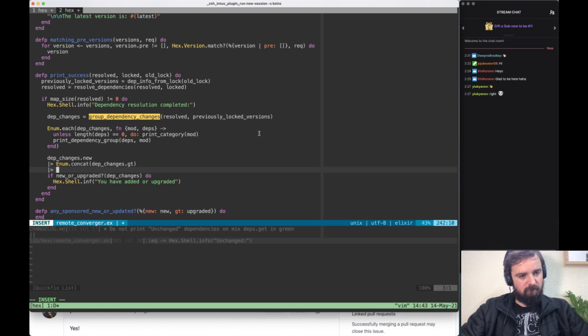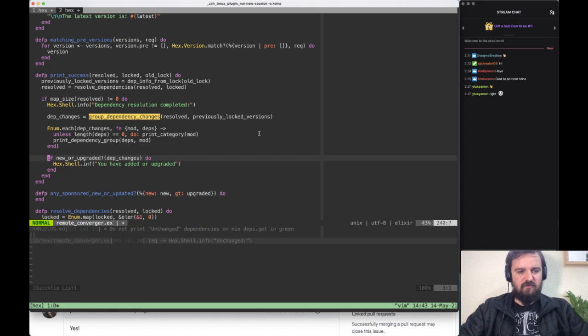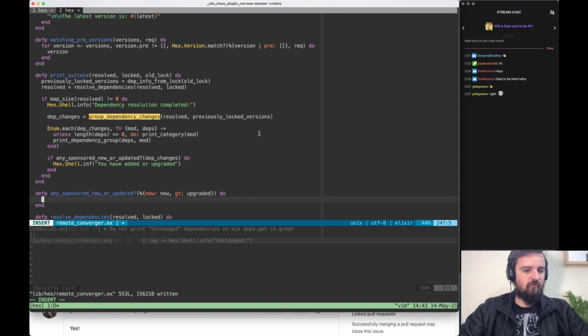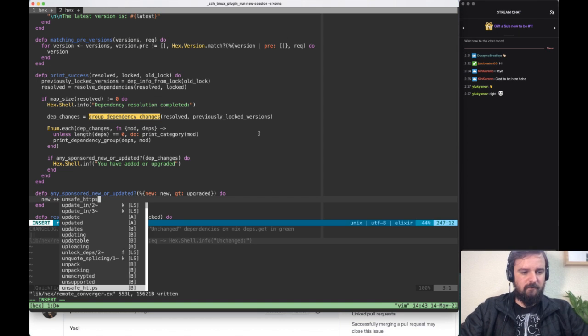And then actually it's going to look very bad there, so I'm going to call it any sponsored new or upgraded, and that's it. So new plus plus upgraded,